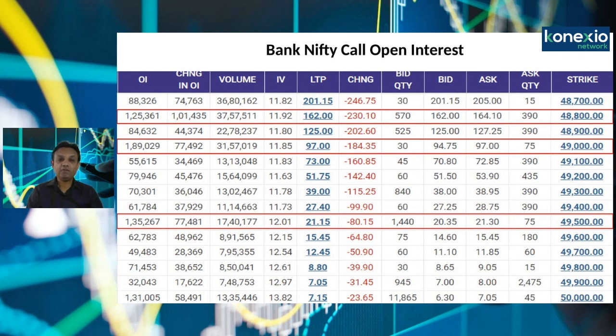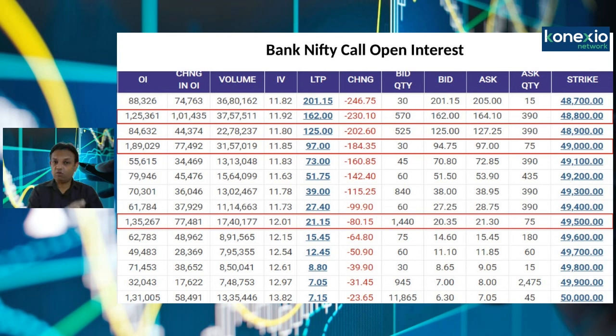The implied volatility is between 11.82 and 12.01. The volume is rising, open interest is rising. On immediate basis, 48,800 could act as an immediate resistance. Then the psychological mark, which is 49,000. If Bank Nifty closes above 49,000, then there are chances that we might see the extension of the rally towards